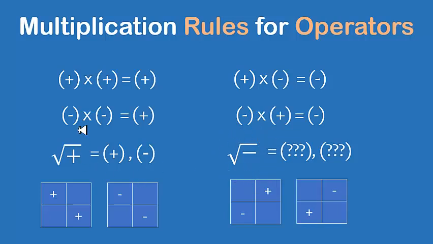Okay, so you can take the square root of the positive operator and get real one-dimensional solutions, but you cannot take the square root of a negative operator and get a real one-dimensional solution. And you can see right here, plus times minus equals minus, and minus times plus equals minus. So it's almost as if you need a number that is simultaneously positive and negative to get a square that